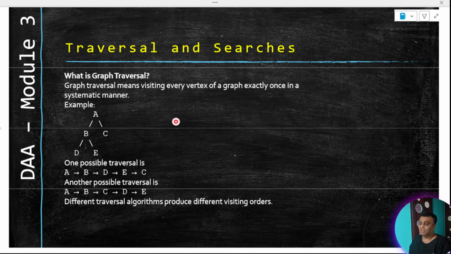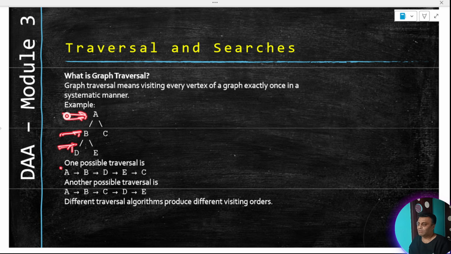It means what is the way in which we can navigate around this graph, right? So we can go level by level like this, or we can go through this kind of a manner where we go the depth first route rather than the breadth first route. So the level by level is called the breadth first route.